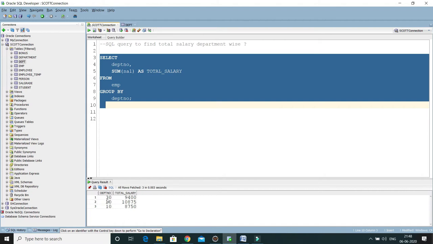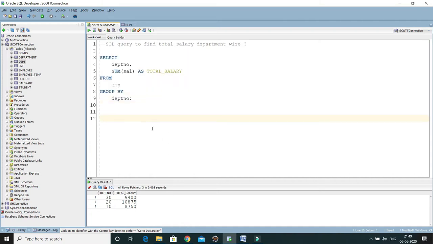If you look at department number 30, the sum of the salaries of all the employees is $9,400. Then department number 20, 10,775, and department 10, $8,750. So this is the way to get the total salary department wise.